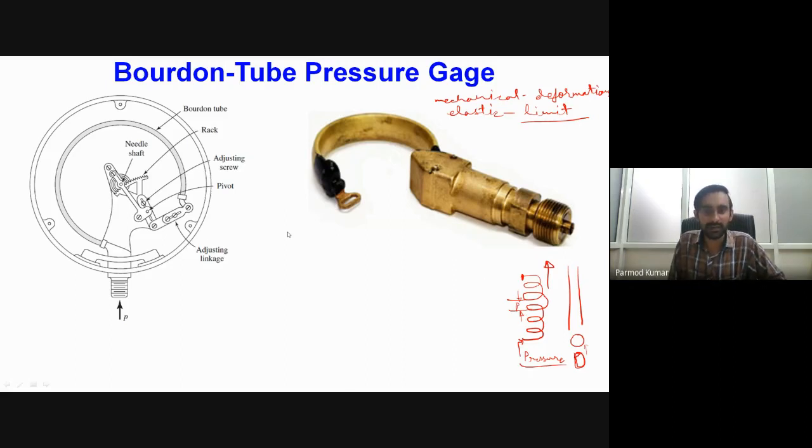So particularly while workers were doing this type of fabrication process, E. Bourdon, who was an engineer over there, actually observed this process. Okay, and based on that, he started experimentation and developed a gauge for measurement of the pressure. And from there itself, that particular gauge is known as the Bourdon type pressure gauge, and the tube which we are using over here is known as the Bourdon tube. Okay. So what initially he did, instead of taking a helical structure, initially he took a C type tube.